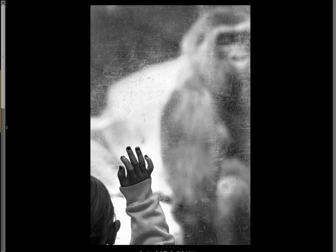Sam says he was about 12 feet back from the face of the enclosure here and shot over the shoulder of this child who was touching the enclosure with a gorilla out of focus in the background. To me, this is just such a stunning image on so many different levels. To me, it's an image that's very powerful from a storytelling standpoint, and one of the elements that Sam is